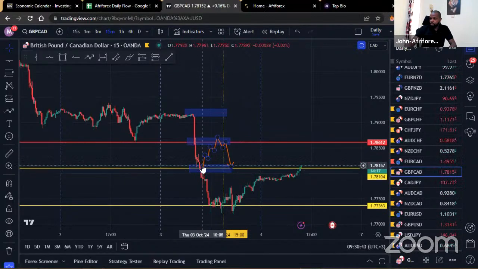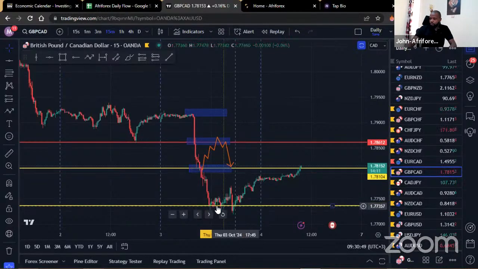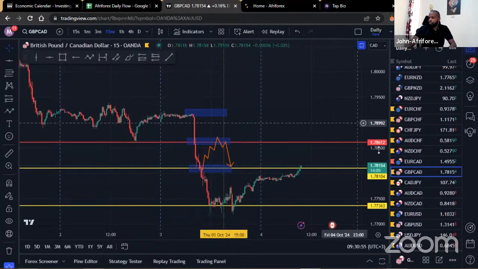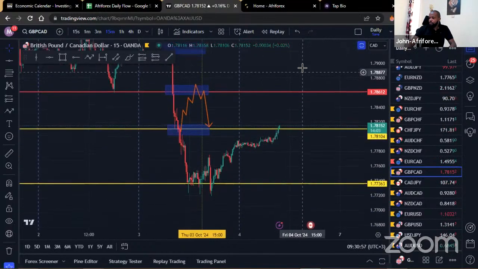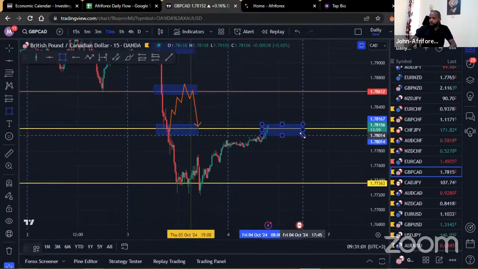We did want to see some sort of a pullback coming in. Unfortunately, that didn't happen. And you can see that the market just rallied down, found some sort of support within that area, and did actually end up bouncing off this region right here and holding within this region. So for this one, for today, these are the 3 areas we will be watching out for. So let's see what happens.